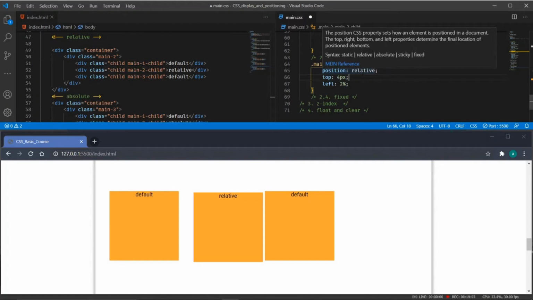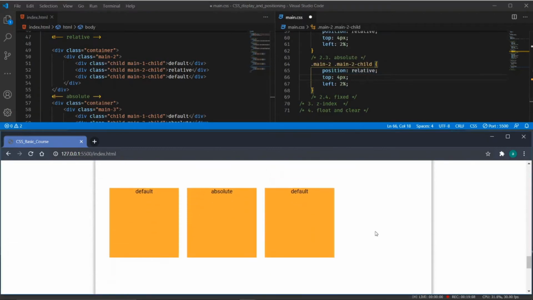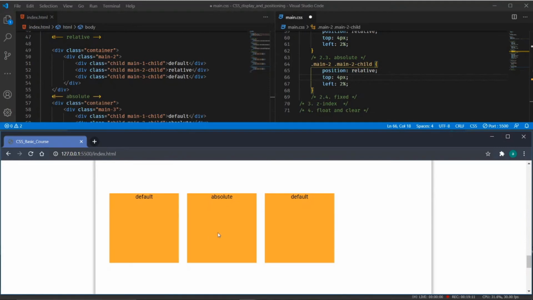For example, as you can see on my screen, this is the absolute container, and I want it to be absolutely positioned with respect to the default one, or with respect to the whole body. We can do that using absolute positioning, or else if you don't want to target any parent container, then we can go with the relative option also.